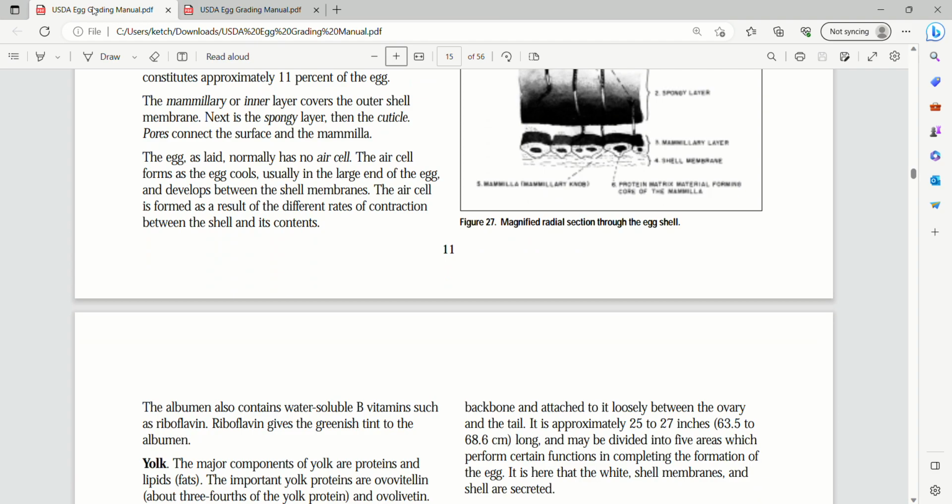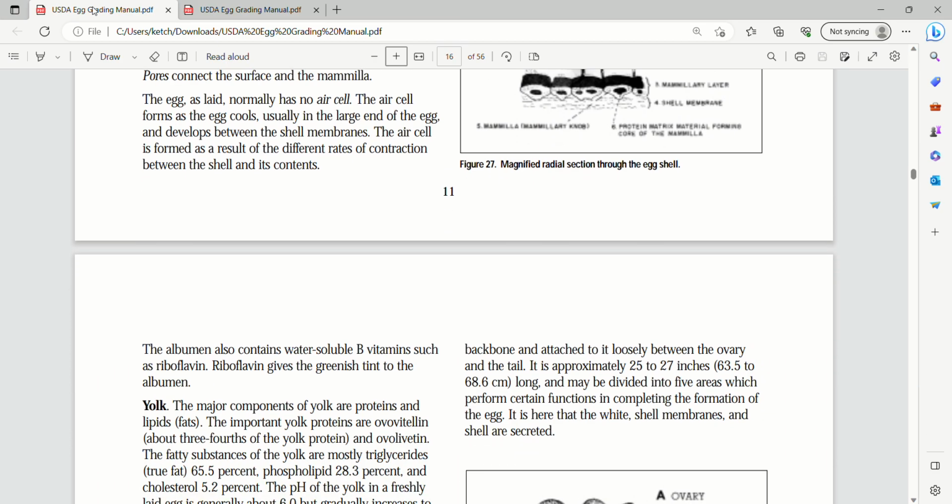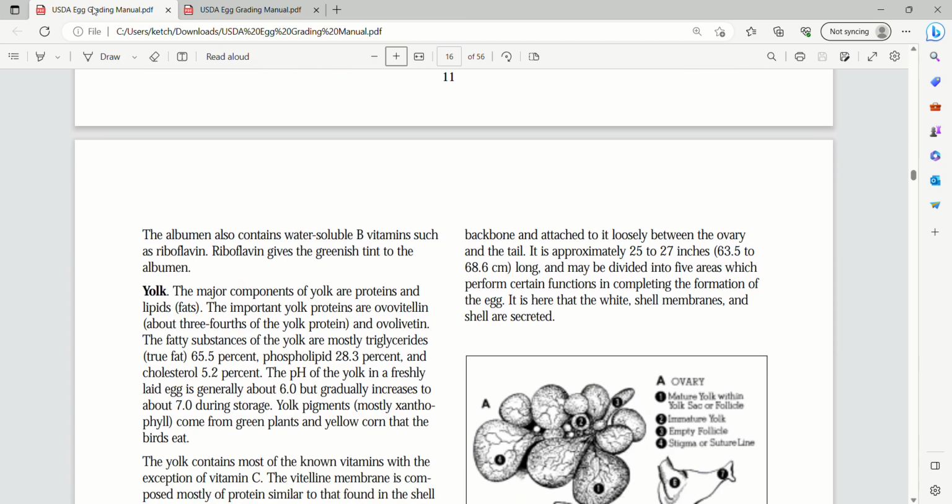The albumen also contains water-soluble B vitamins such as riboflavin. Riboflavin gives a greenish tint to the albumen. Yolk. The major components of yolk are proteins and lipids, fats. The important yolk proteins are ovovitellin, about 3/4 of the yolk protein, and